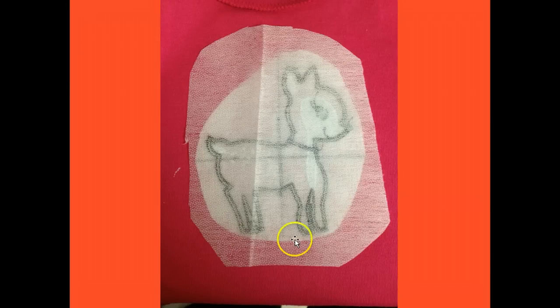I always like to try to have rounded corners. If I'm not going to use a piece of interfacing or something to cover the embroidery, those rounded corners show less from the front side, and they also are less irritating to the skin because they're rounded, so there's not a little corner to catch on anything. So as you cut around the stabilizer, around the corners,